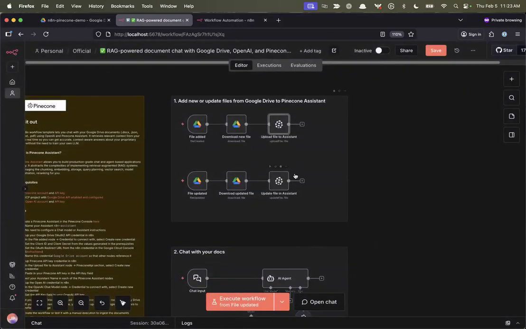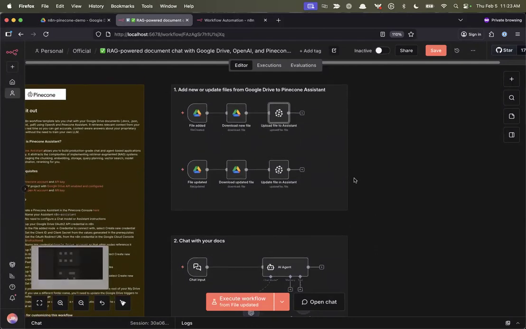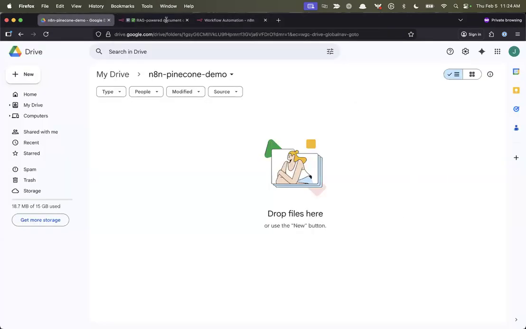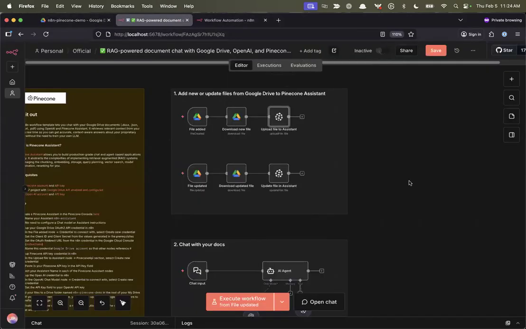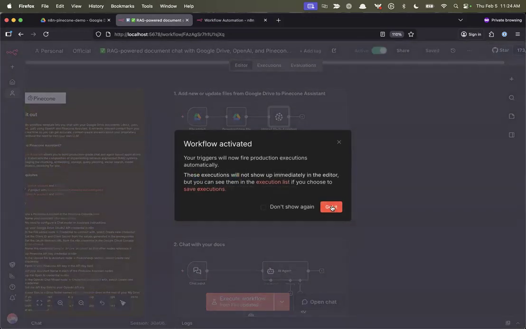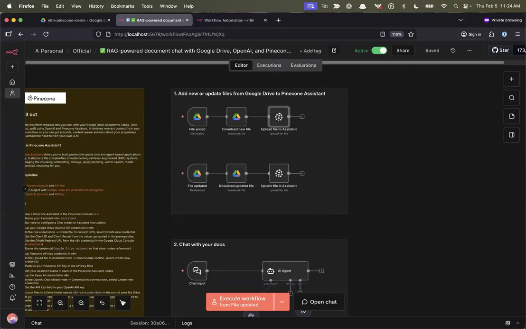This update file in Assistant is very similar. I'm not going to go through that one. But what I can do now is, oh, I've got to drop in my files. Wait, turn it on. I'm going to activate it. It's going to fire production executions.